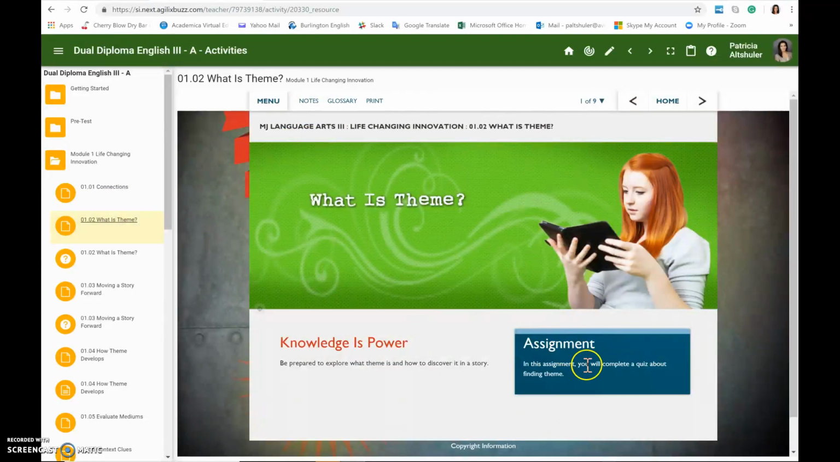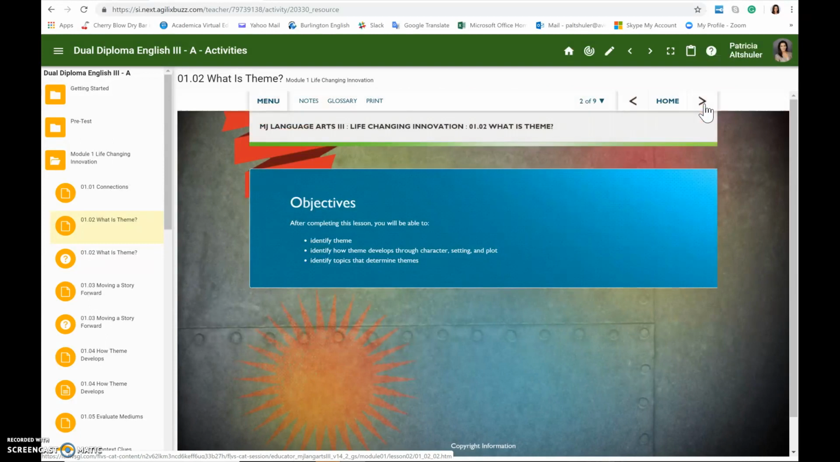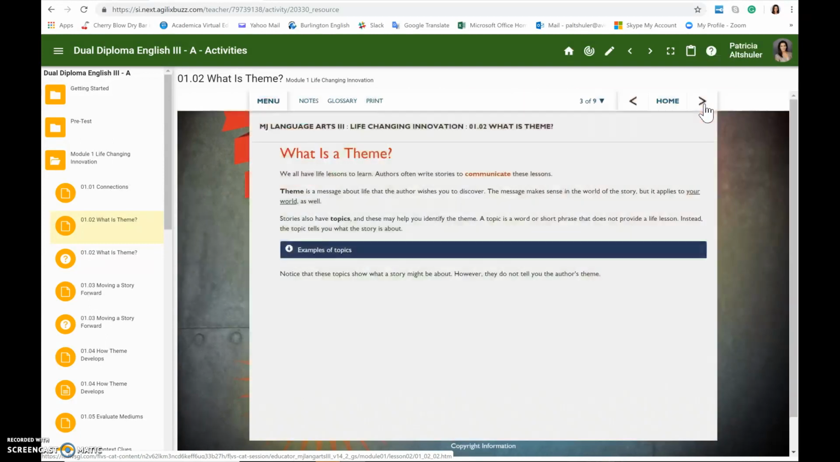At 1.02, again, you see there's 1 out of 9. You will read all 9 pages. And there's not a lot of text to read on each page, but it's giving you information that's going to then assist you to do the quiz. So after you've read for 1.01 and 1.02, you'll then take this quiz,